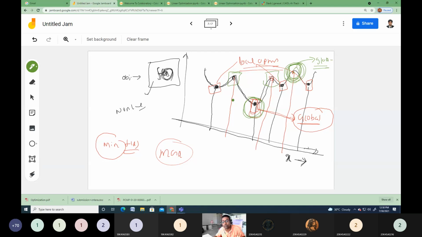It's not similar to your linear optimization problem. It is somewhat complex. You have multiple local minimum points and multiple local maximum points. And out of the available local minimum points, you have to identify which is the minimum among all. That is called the global minimum. That means at this point of x, I am getting the minimum value of the objective function.